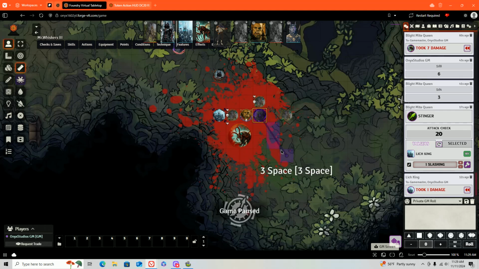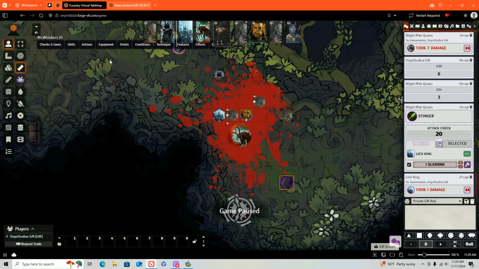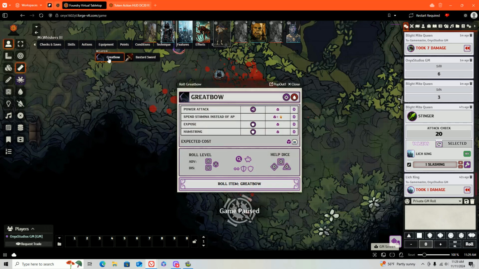You get to like 8 spaces of movement, so we're down to 2, so we'll go down here. This gives us like really good range. And we'll go to his equipment. Go to the Great Bow. And you just start making,